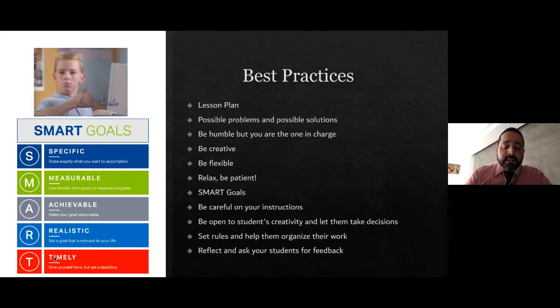And finally, reflect. Reflect always. You will see that from class to class, you have a different atmosphere, a different environment. Some of the classes are highly connected, really super enthusiastic about using technology. And on the contrary, in other classes, they don't like technology. It's fine, but you have to reflect about it.